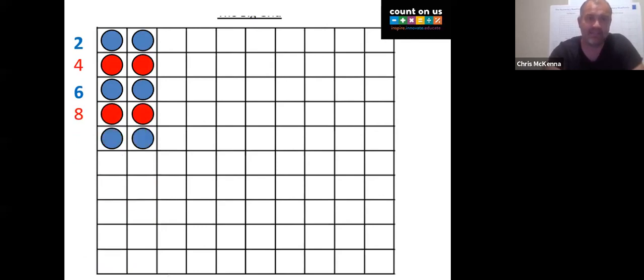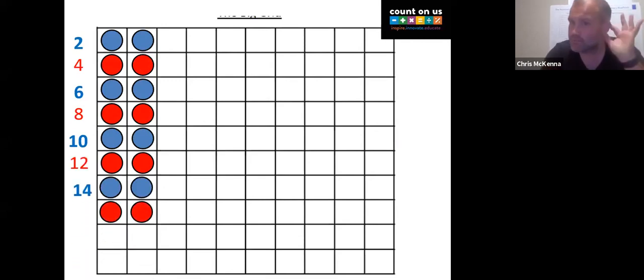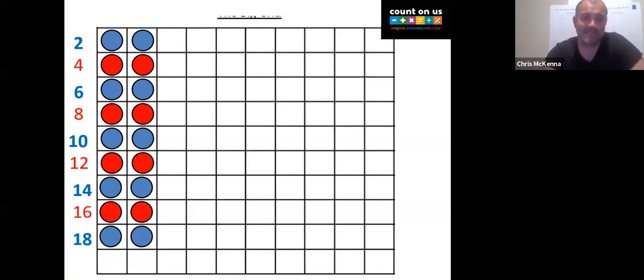8, 10, 12, 14. Next. 16. 18. Plenty. Good, so that's us counting in twos, and I'm using either visual clues here, the 2 dots coming up at a time,